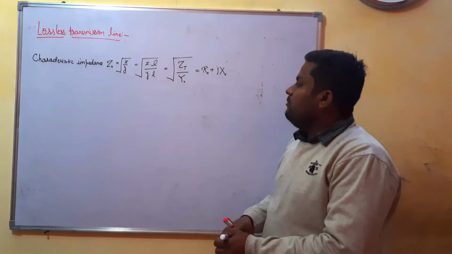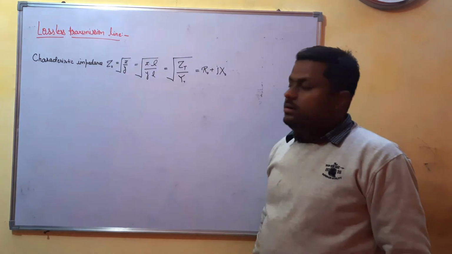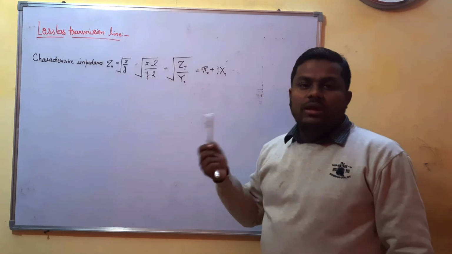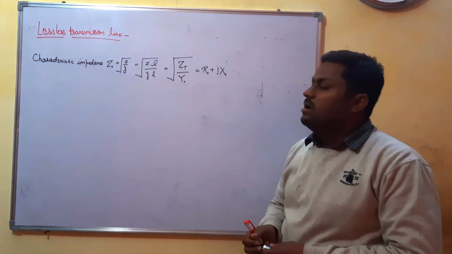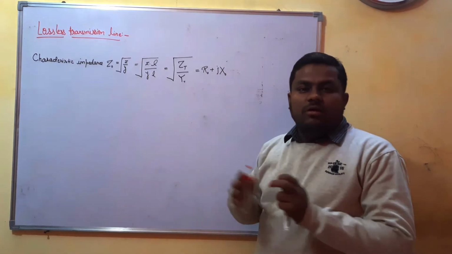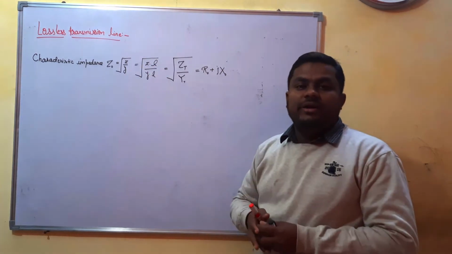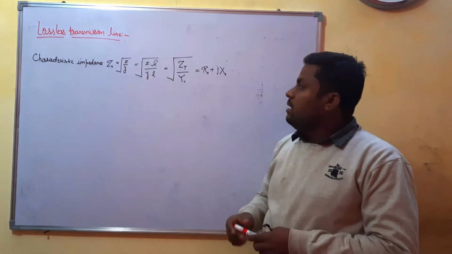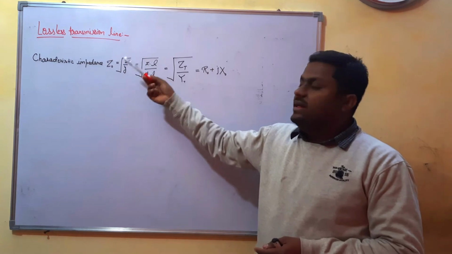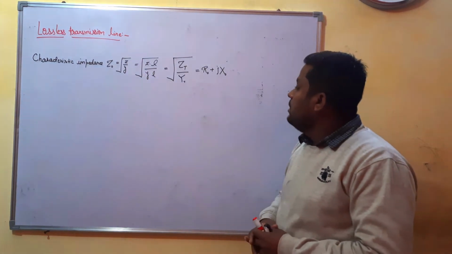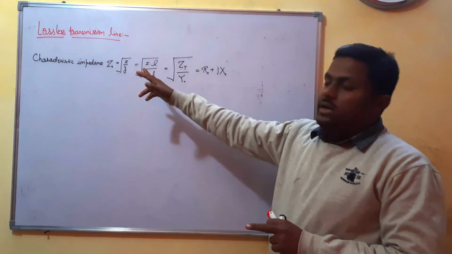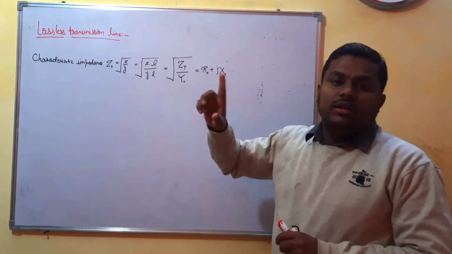So here we find that the characteristic impedance Z0 does not depend upon the length of the line. That means whatever the length of the line, say 100 km or 400 km, the value of the characteristic impedance will be the same, because it is the ratio of series impedance and admittance. So the first thing we note is that the characteristic impedance of the line does not depend on the length of the line.